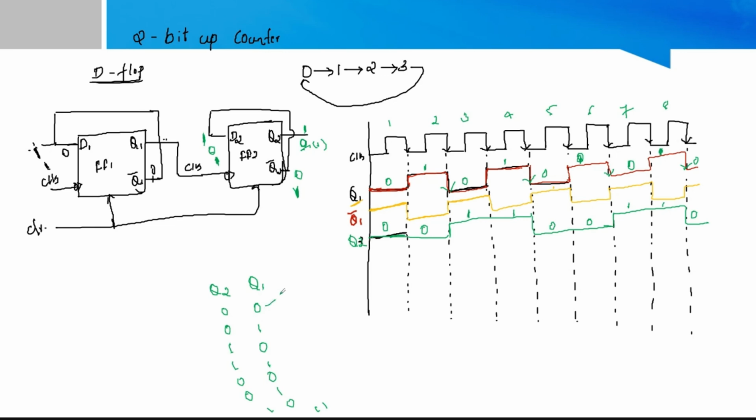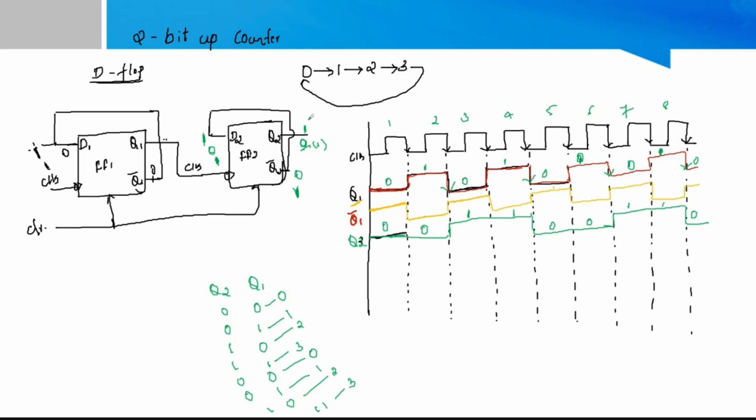You can see that this is counting as 0, 1, 2. This will be 3. Again, it is counting 0, 1, 2, 3. So it is counting from 0, 1, 2, 3, 0, 1, 2, 3, 0, 1, 2, 3. So this is a 2-bit up counter, where you can see this 2-bit up counter,